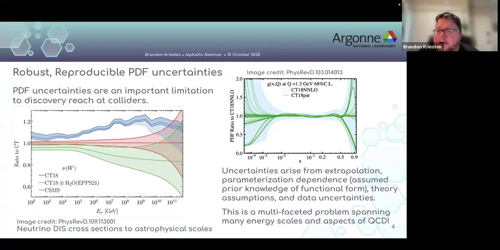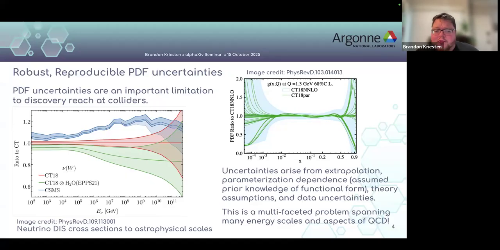And this is purely because we're very much in the extrapolated region. We have no data there. And so our uncertainties explode and therefore our predictions explode. And this is purely stemming from our knowledge of the PDF uncertainty. So it's important for us to understand this PDF uncertainty at very, very high precision so we can sort of